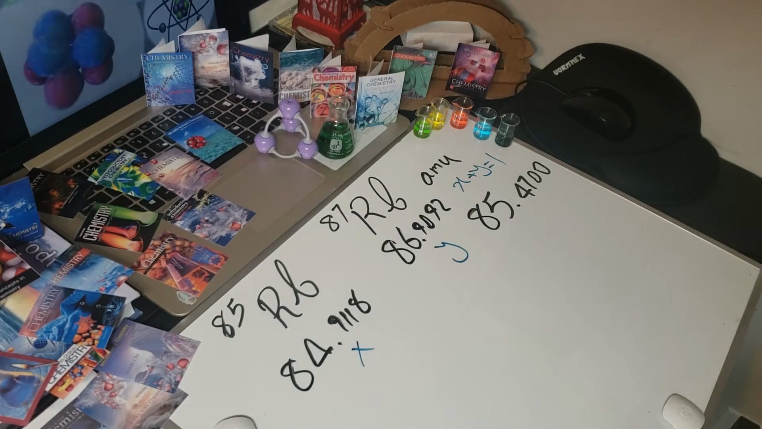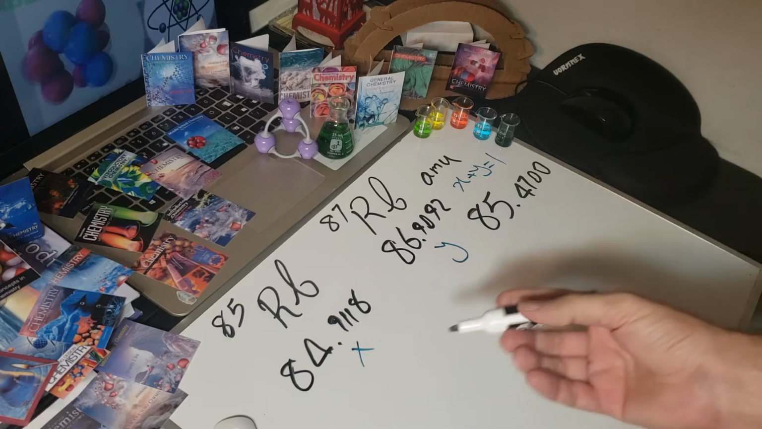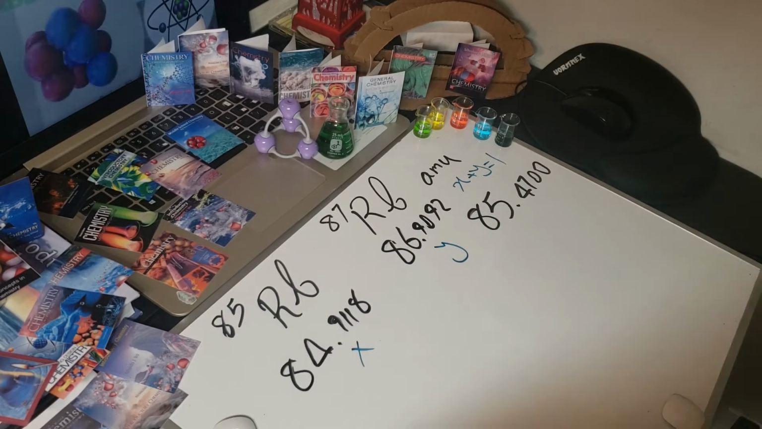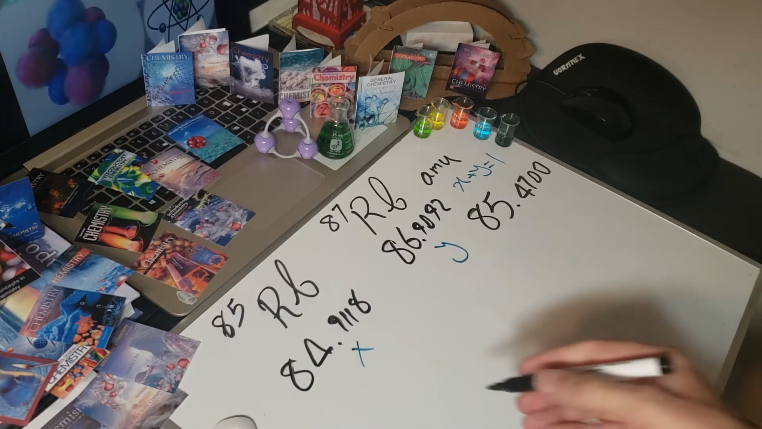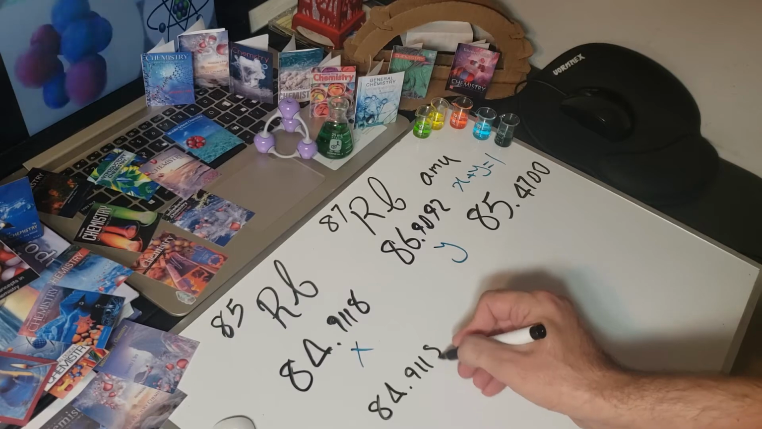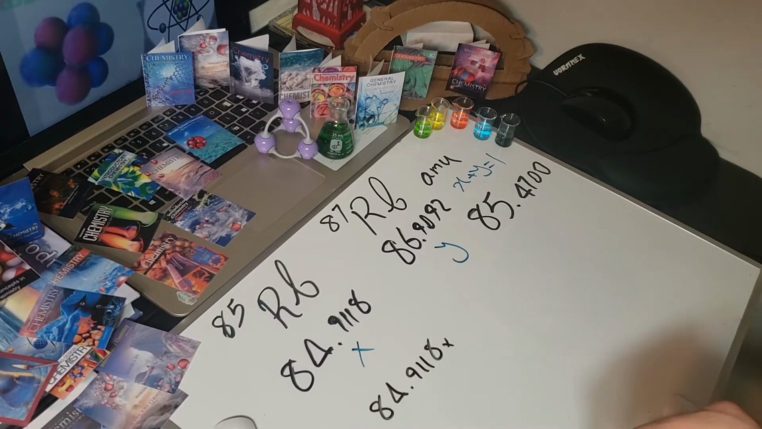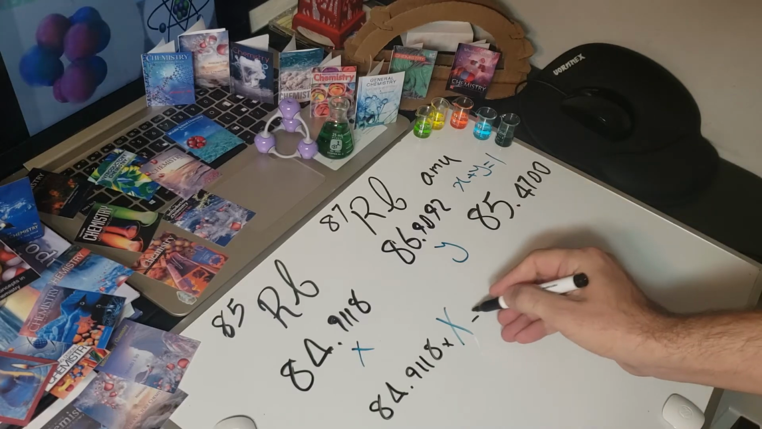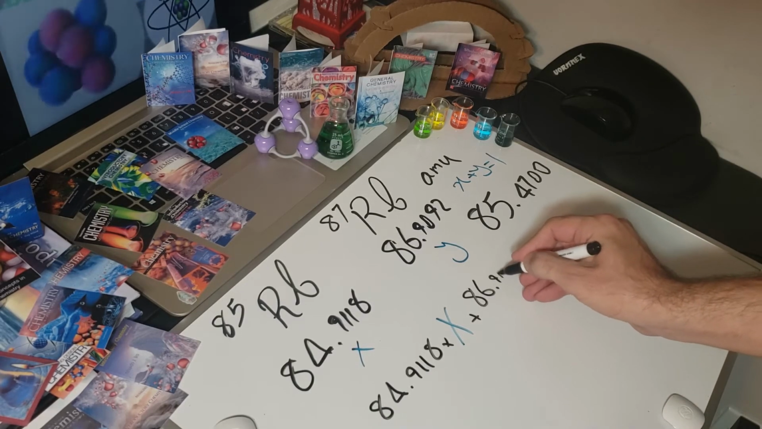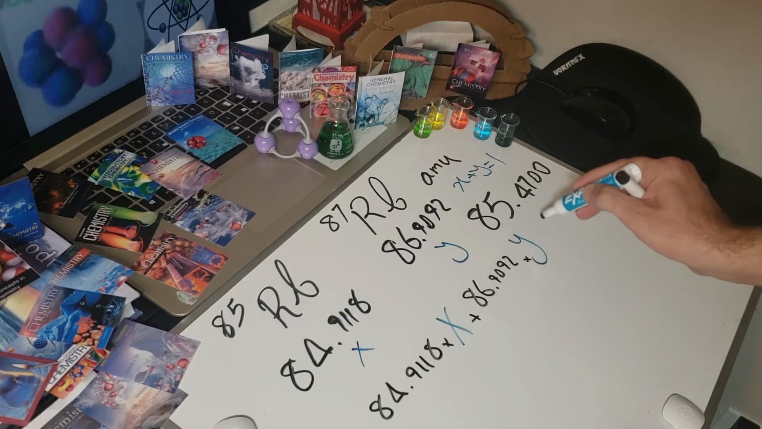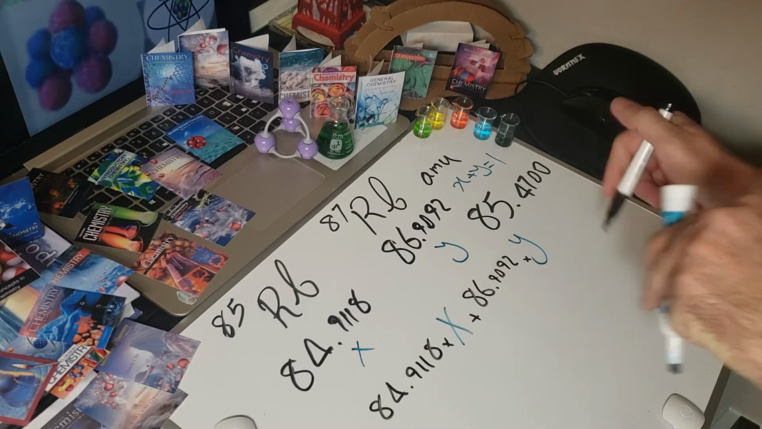Okay, now how do I do that? Let me just write it down. Let's take another marker and see if we could write it a little smaller. 84.9118 times x plus 86.9092 times y is going to be equal to